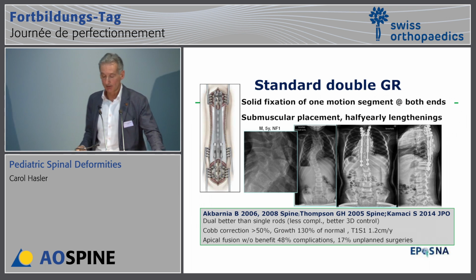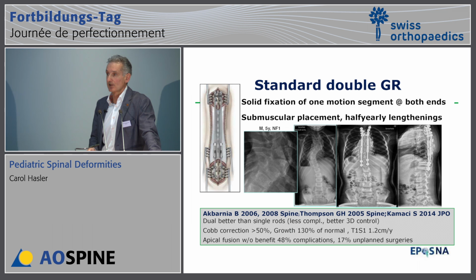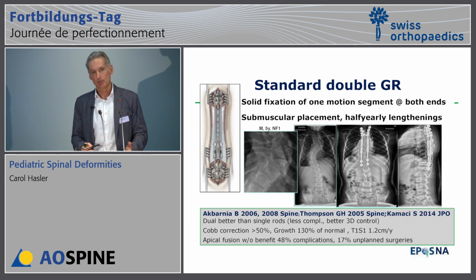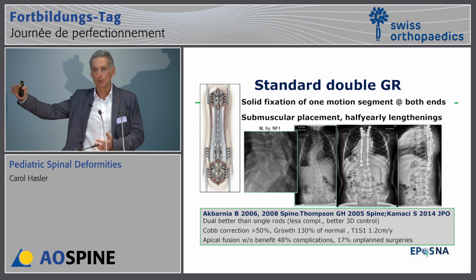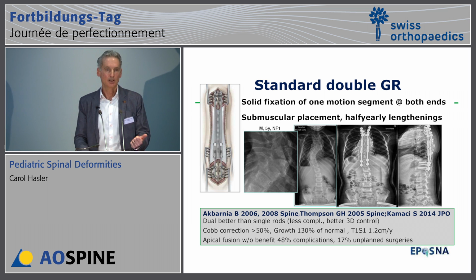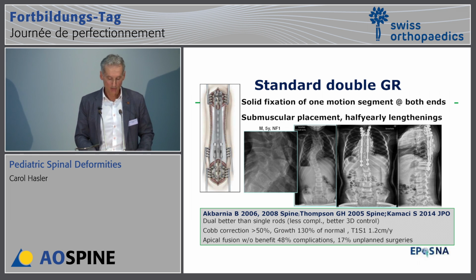Classically, this has been done by standard double growing rods. We put them in submuscularly, fix them cranially and caudally, and you go back every 6 months to elongate the spine, which is a burden to the family and the patient, because if you have a 5-year-old and you need to go to puberty, you need to lengthen the patient 20 times. You have a high contamination or infection risk, and it's a burden for the family to come back to your